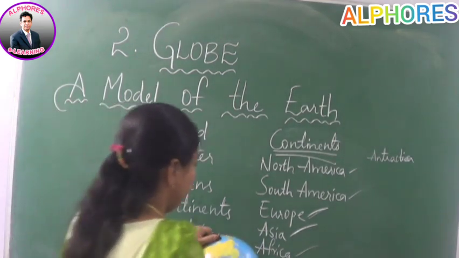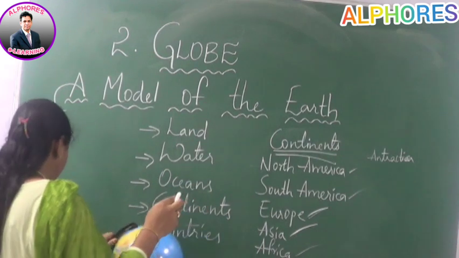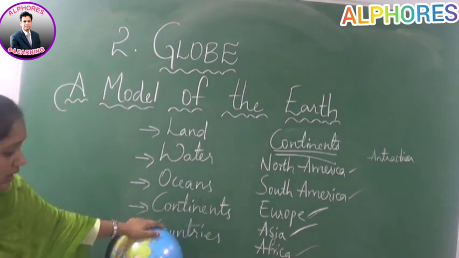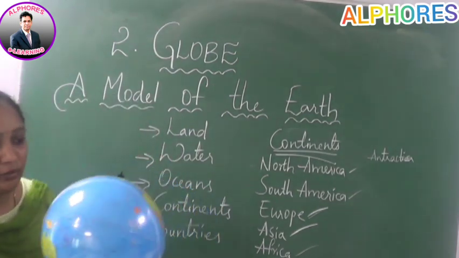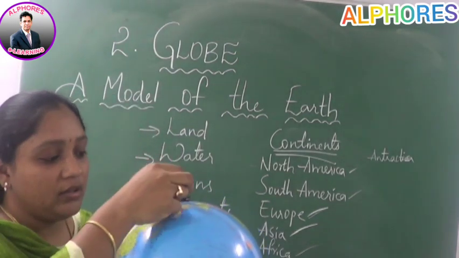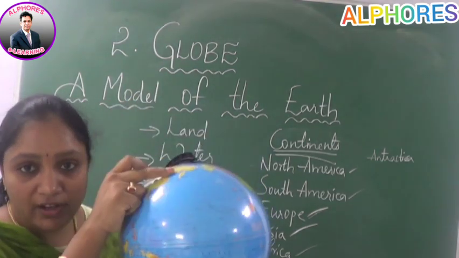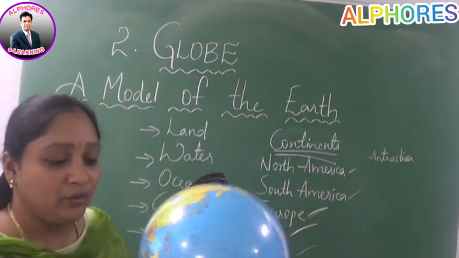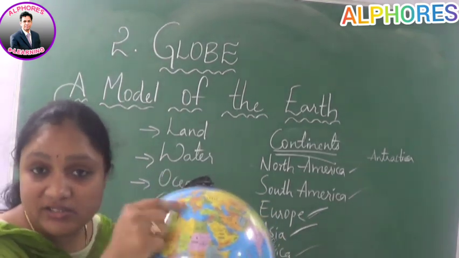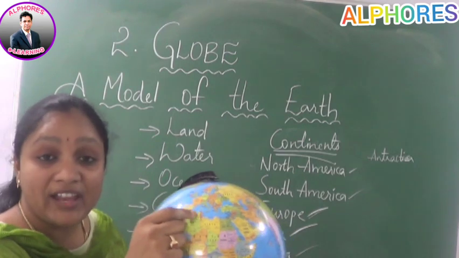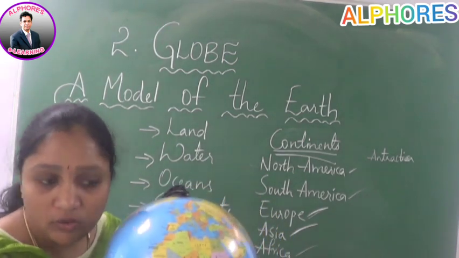Okay, now let us discuss about the shape. As we discussed about the shape, as you may have a doubt, children, now I will show you a practical example. For example, as we are living on the earth, you may have a doubt, madam, when the earth is in a round shape, it is not in a flat shape, how can we live there? We won't fall from that. You have this doubt.